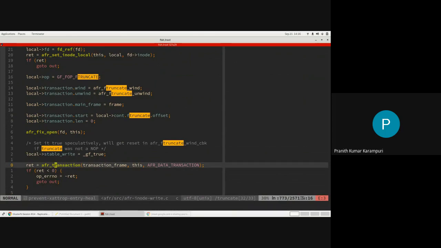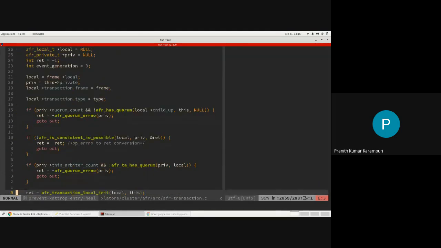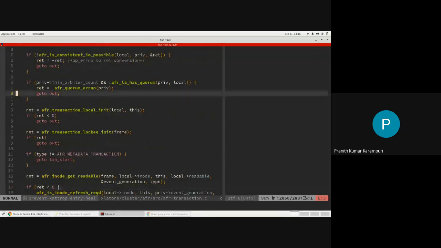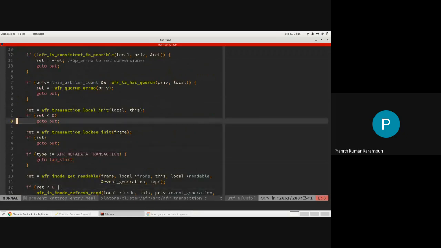All right, now let's go into the transaction framework. As we've been discussing, there are 5 stages, and because there are a lot of optimizations in the first pass through, I'll only consider the unoptimized cases where all 5 stages get executed. Let's go into transaction. Before executing the actual transaction, it will check whether the quorum etc. are all there. If they are not there, it can directly fail the operation without even starting the operation.